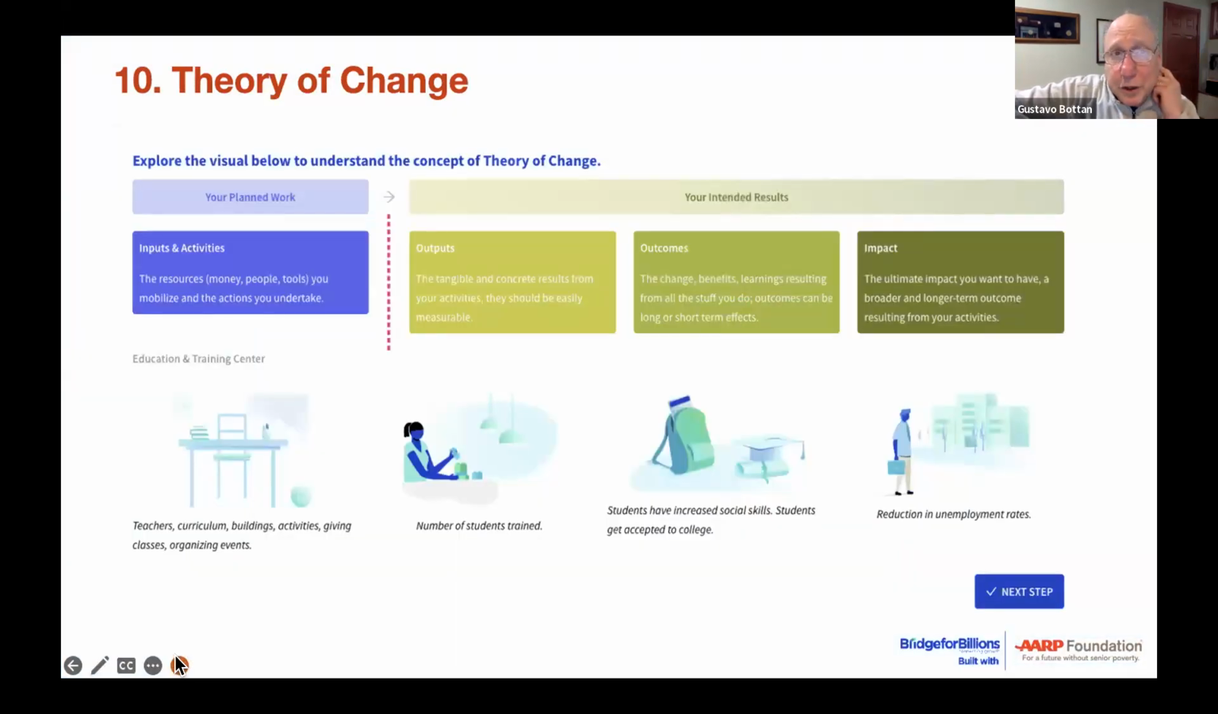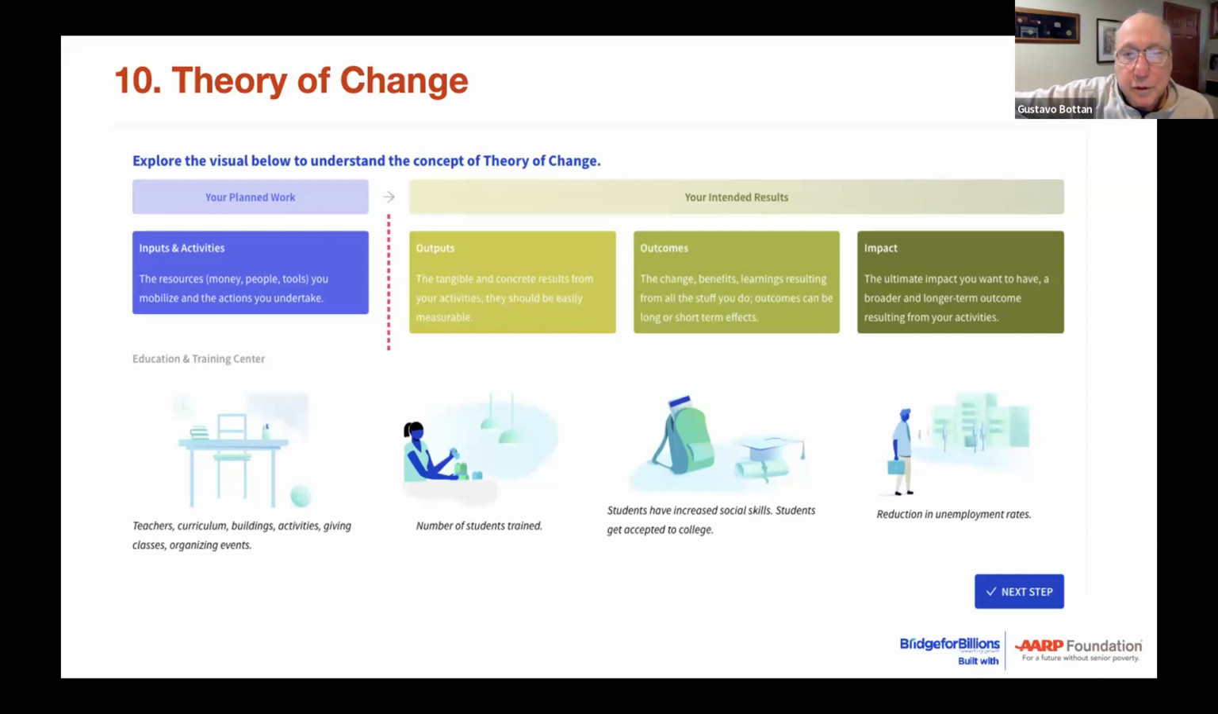So here's where the theory of change applies directly to you, and this is directly a screen from your platform. You have your planned work, and then your intended results. The inputs and the activities is basically what you're doing with your organization. In the case of an education and training center, you have teachers, the curriculum, so content is very important. You have the buildings, all the activities that go into providing the education, and the activities that the students also perform for their education,